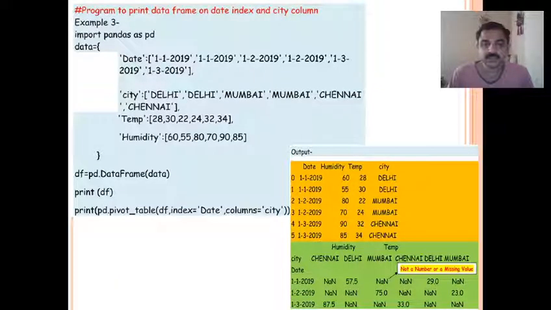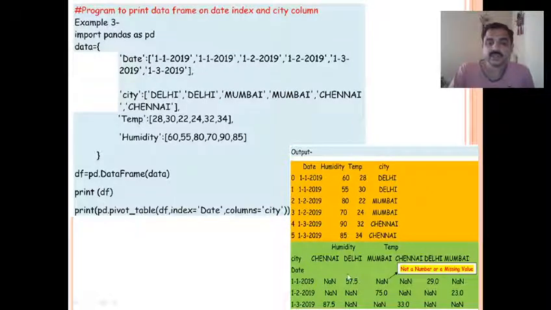So the index will be date, and the columns will be the city, and the temperature is displayed. We can mention values equal to temperature, or even without that it will automatically calculate. Here you can see what the temperature of Delhi, Chennai and the other cities was on 1st January 2019.